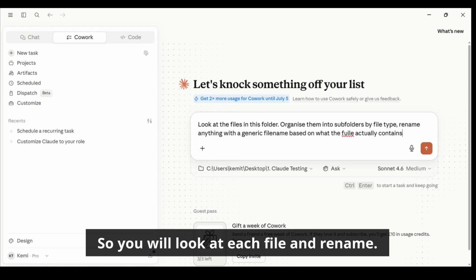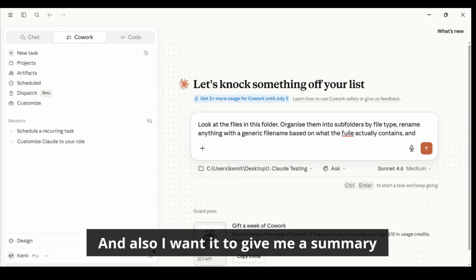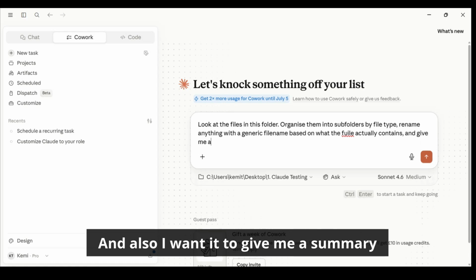So you will look at each file and rename, and also I want it to give me a summary